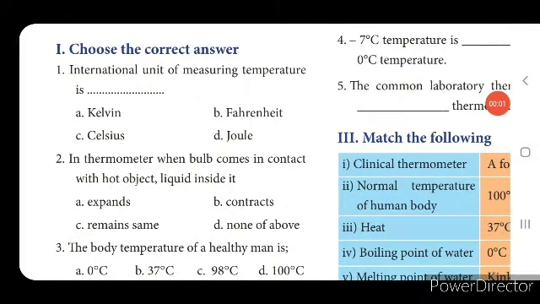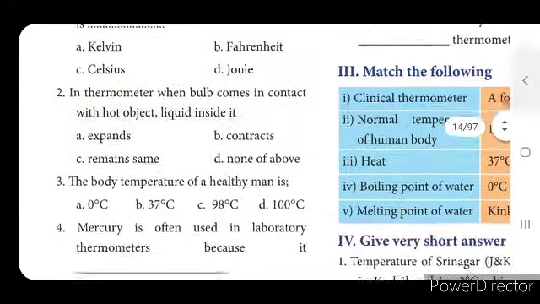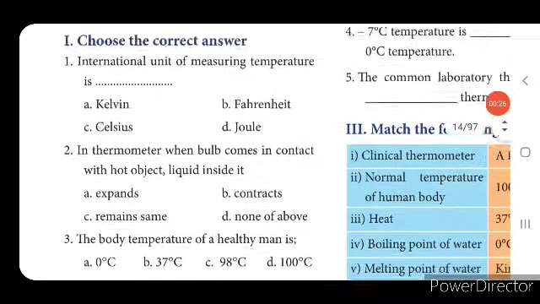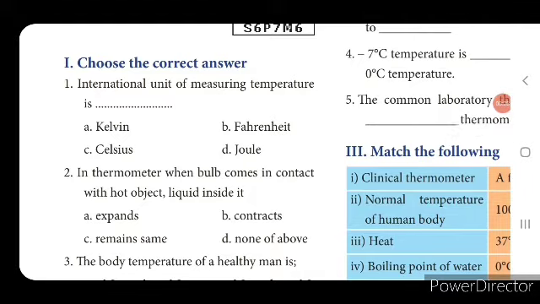Hello children, this is the 7th standard science revision video for unit test 6. For unit test 6, you are going to write it for 60 marks, isn't it? The portion is physics lesson, heat and temperature, chemistry, changes around us, and biology, cell biology. First we will see one by one.